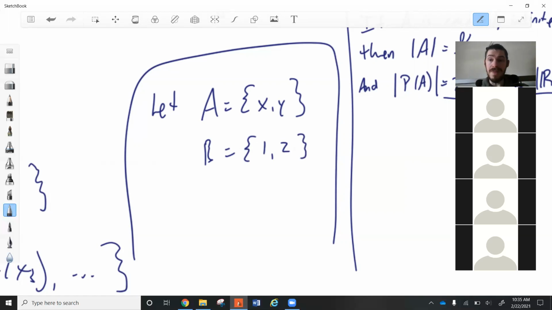And then show, and then demonstrate in that situation that the power sets are the same size. All you're doing is confirming this claim is true for one particular example, which proves nothing. I mean, it doesn't prove nothing, I guess. It proves that it's true for that example, but it doesn't prove the claim, which is that it's true for